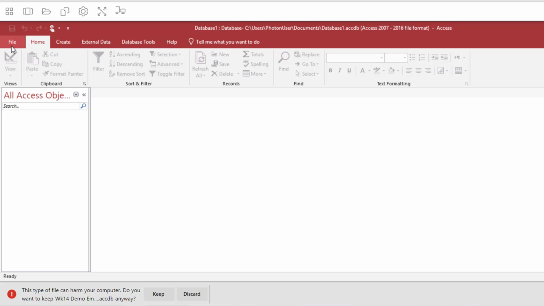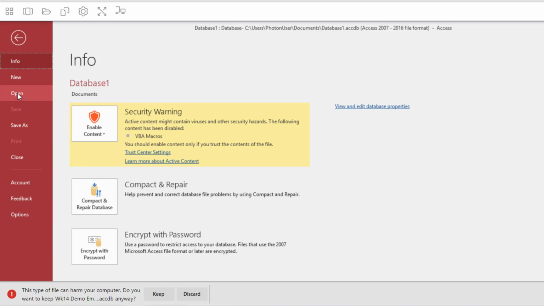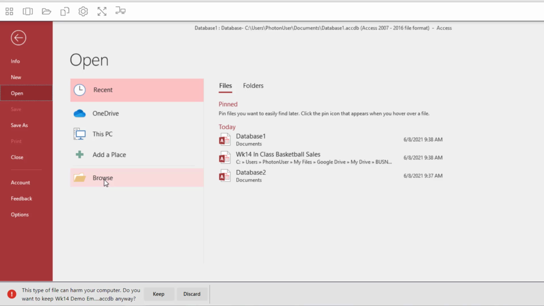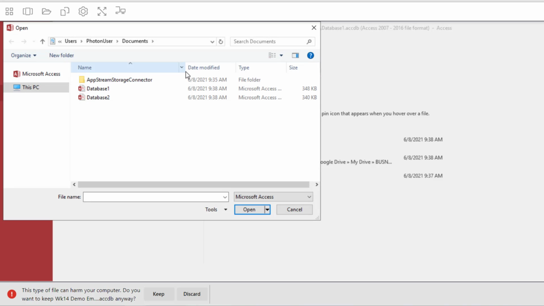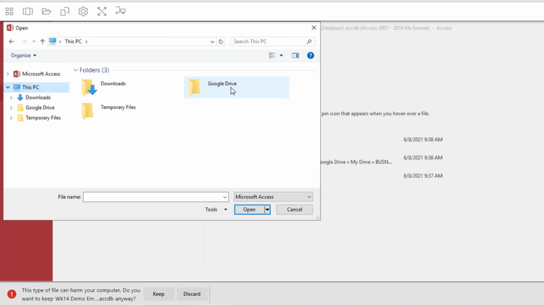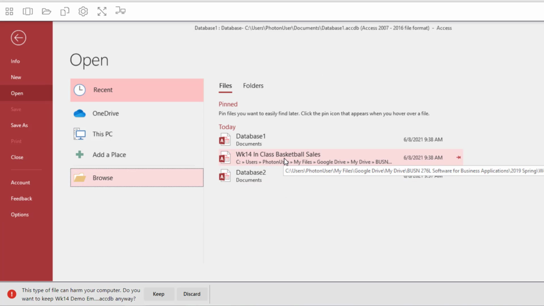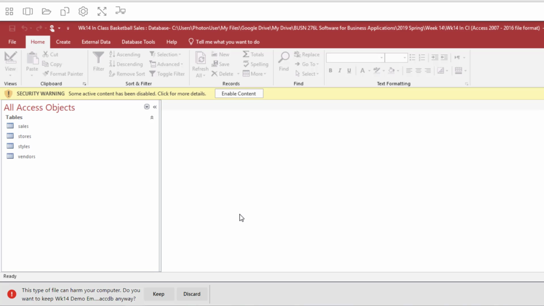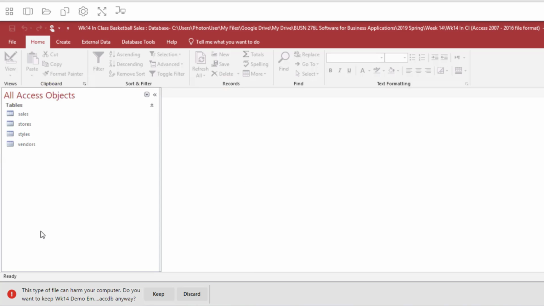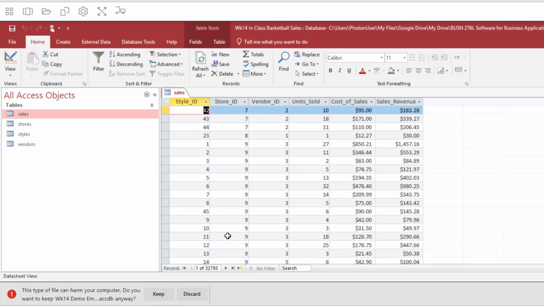In the case of Access, we'll go to the File ribbon, go to Open, and we can browse through various locations to find the file we need. In this case, through our Google Drive. However, in the name of making this simple, I have prepared a file that I can open a little bit more easily right here from the same location. In any case, once you locate that file, you can click open and it will open up that file within the online application. And then from there, you should be able to use it in the same way you would in the desktop application.